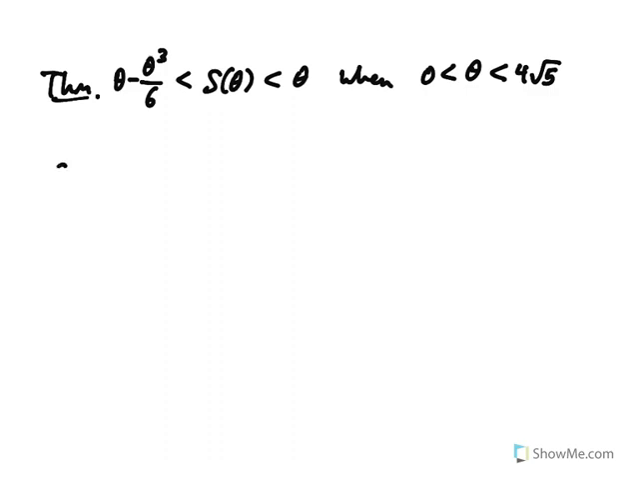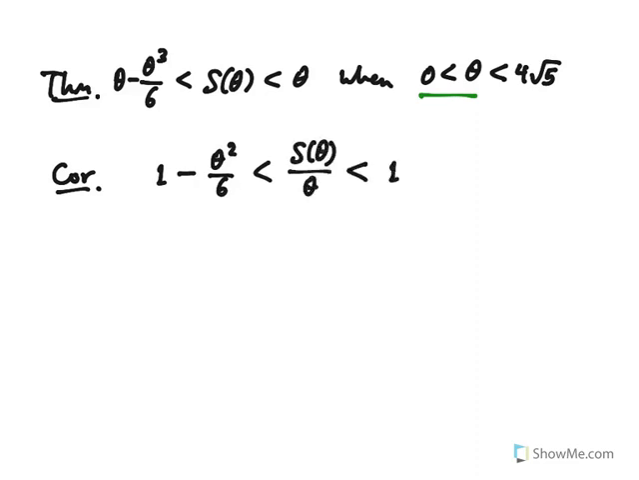All right, and then as a corollary of that theorem, because theta is positive, we can divide through by theta without changing the direction of those inequalities. And so if you divide through by theta, here's what you get: 1 minus theta squared over 6, then in the middle you'll have S of theta over theta, and then here you'll have a 1. And you see that this can be rearranged in the following way. Equivalently, we can write these inequalities this way. And this makes it clear